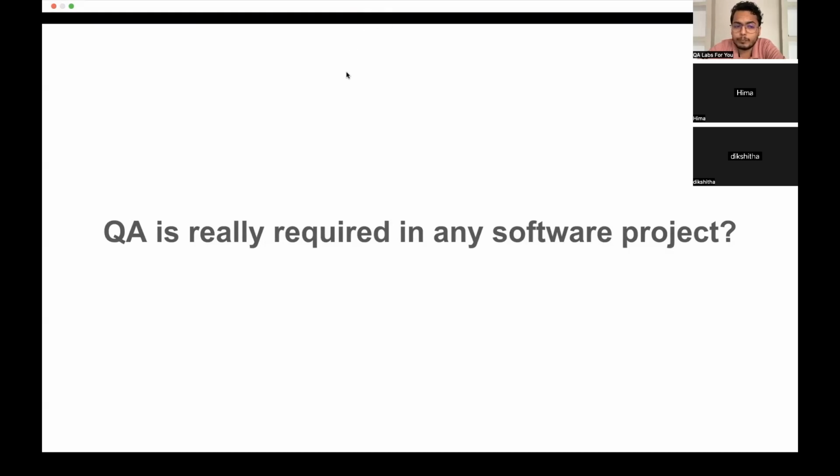Yes, sir. I believe as far as development is important, testing has the same weightage in software development. Testing is mainly to focus on making sure that we are building the right product with the right quality, so that customers will be satisfied. The basic motto of developing software is to improve the customer's business, so testing makes sure that the customer's business is not affected because of any bugs found in the software. Okay, great. It means you guys are already aware why this QA profile is required